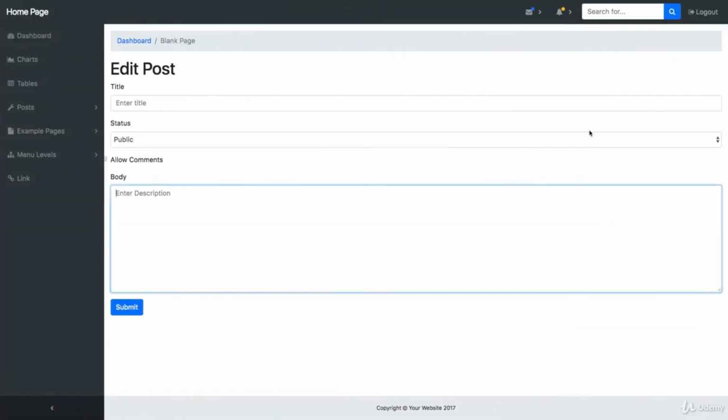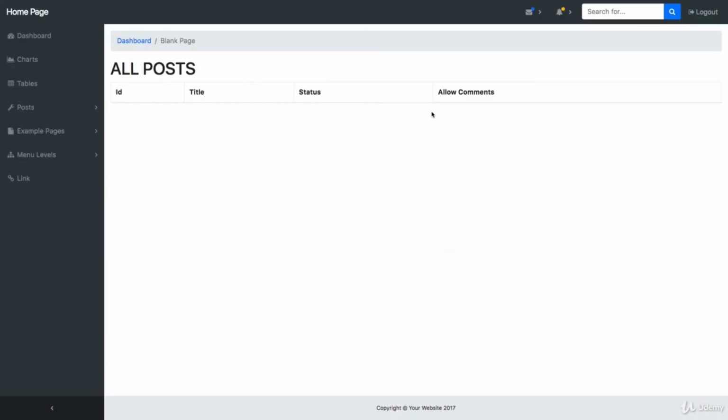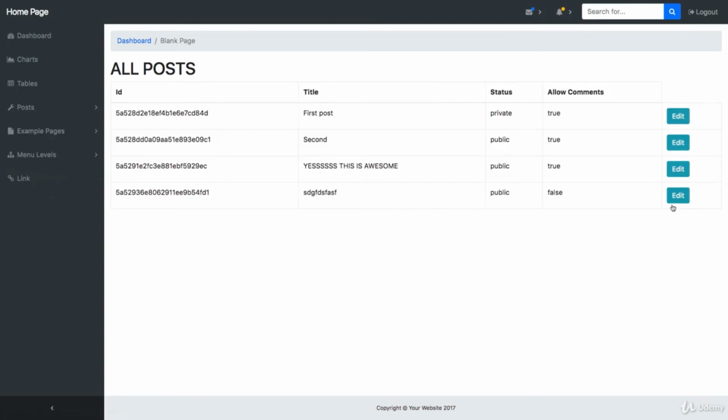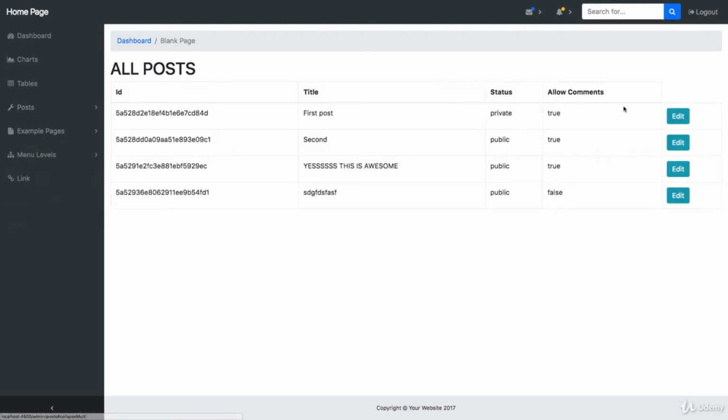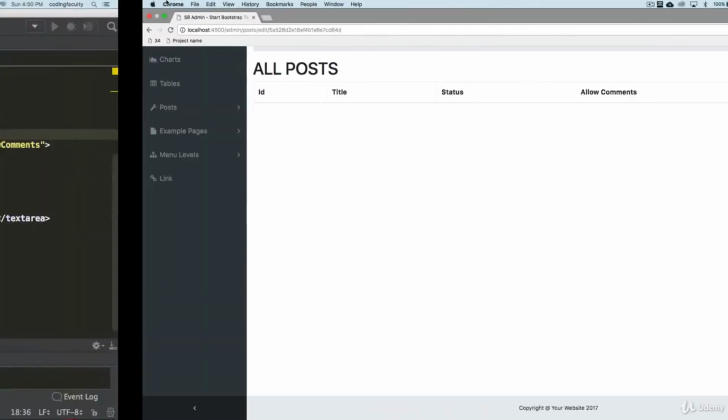Okay, let's go back here, refresh. Oops, refresh again, and this is not working. Okay, it's not working because we're not giving it an ID. Oh, actually we are giving it an ID. Let's go back here, edit. We're not getting anything.